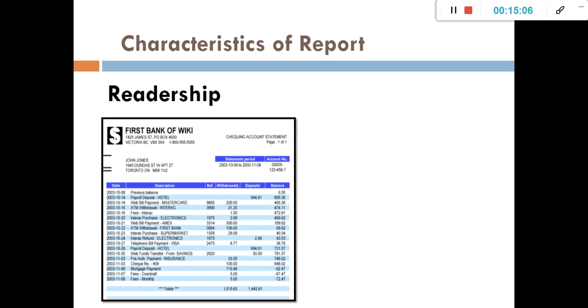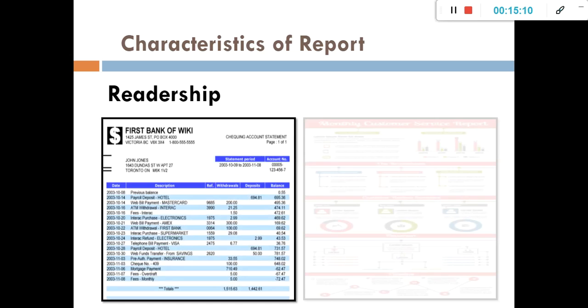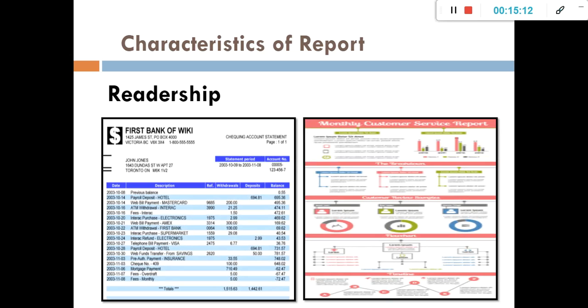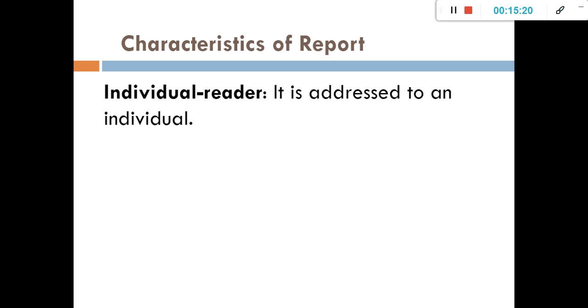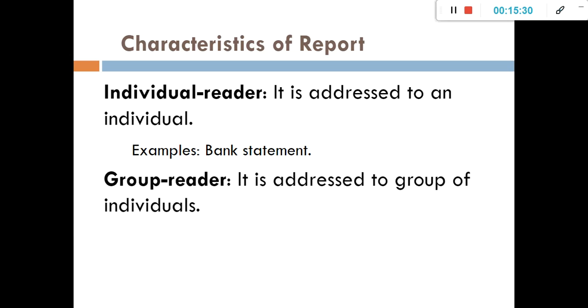And the next one is yung readership natin. Pag sinabi natin readership, ano po yun, sir? Ayan. It could be for individual or for a specific person or for a group of people. So, pwede siyang isang tao, yung recipient ng report na yun ay sa isang tao lamang or sa maraming tao. So, kapag isang tao lang, ayan. So, it is being referred to as yung individual reader natin. It is being addressed to an individual.